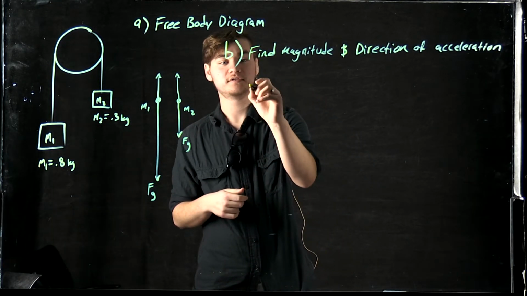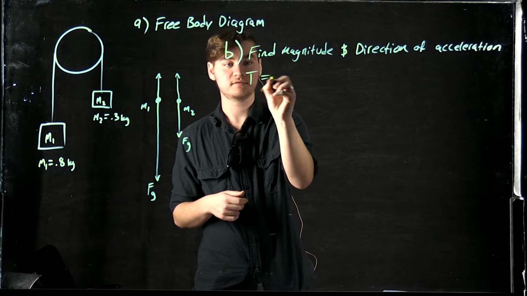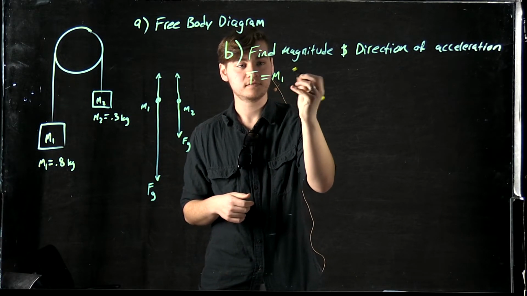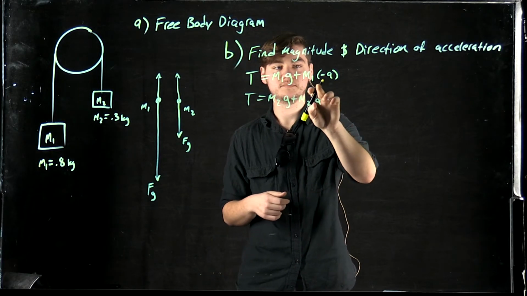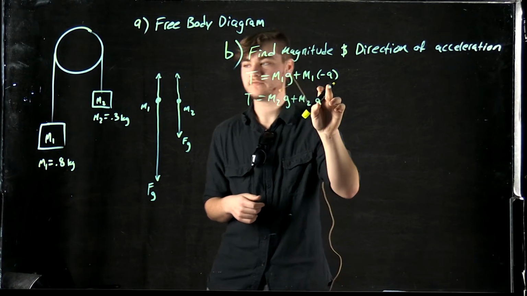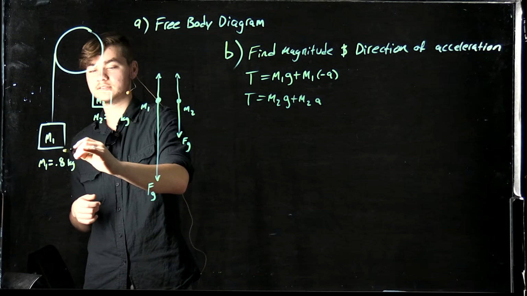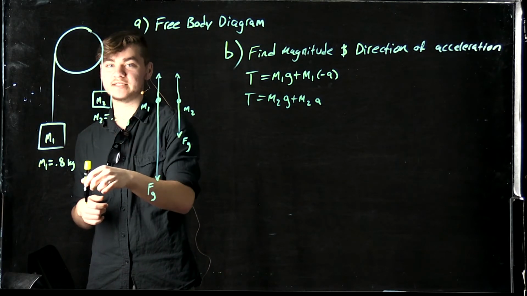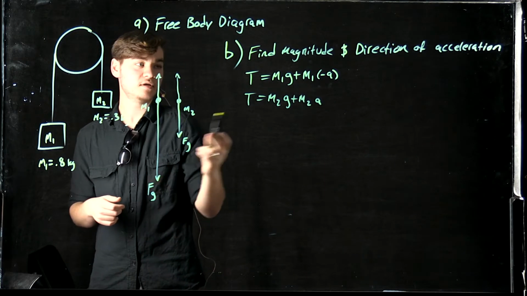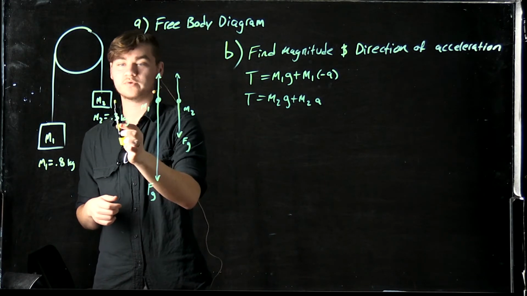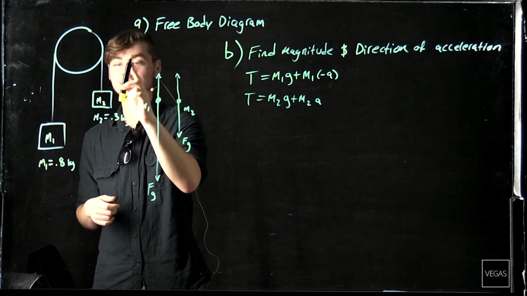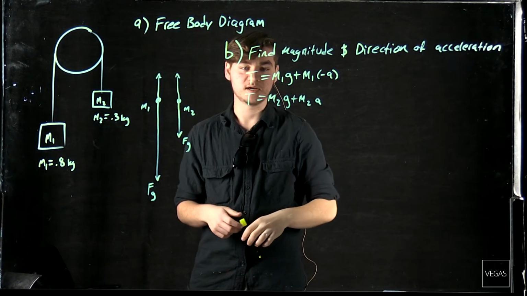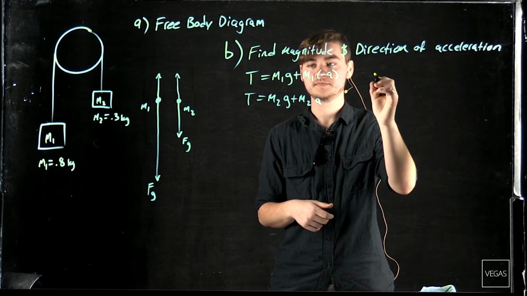So you have two equations to solve for the tension in the string based on the two masses. The acceleration for mass 1 is negative because it's moving this direction. It's accelerating downwards, which means it has a negative acceleration. Meanwhile, the acceleration for mass 2 is positive because it accelerates upwards. So that's where this discrepancy comes from. If you substitute them, then you get